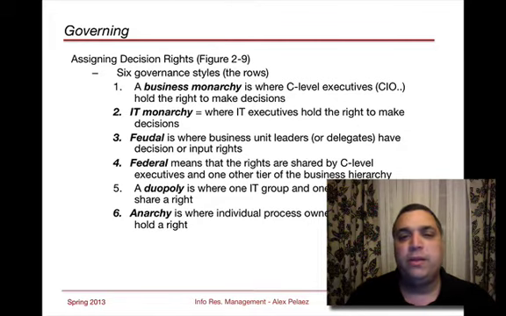A federated model is a little bit better because it means the rights are shared by C-level executives and other members of the higher tier. The executive decision makers are the people who have input into these types of governing rights. They accept things. They have the chance to dispute things or disagree with certain elements, and things are taken to a little bit of a vote, a little bit more democratic,